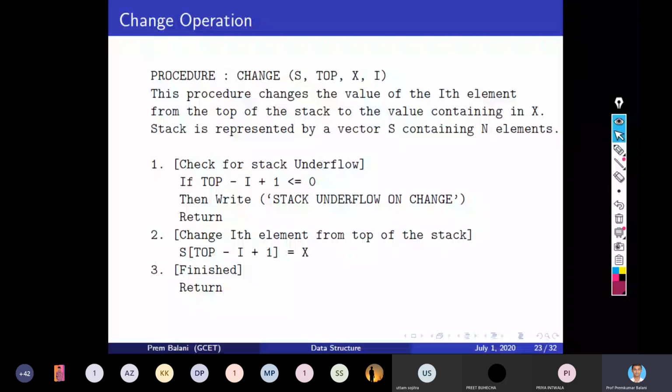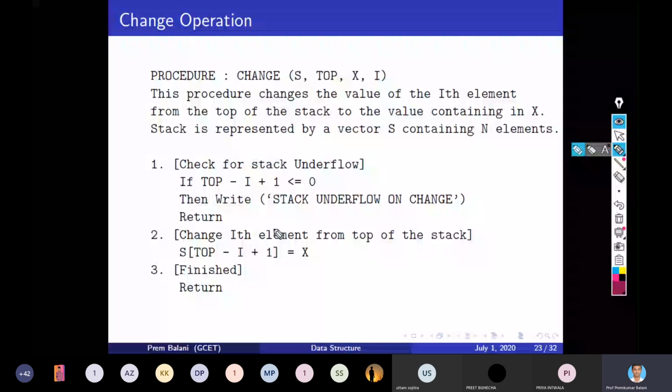Now, is my screen visible? This change operation. Yes, sir. Okay, so this change operation changes the value of the ith element from the top of the stack to the value which you pass in the argument x, and the stack is represented by vector s containing n elements.